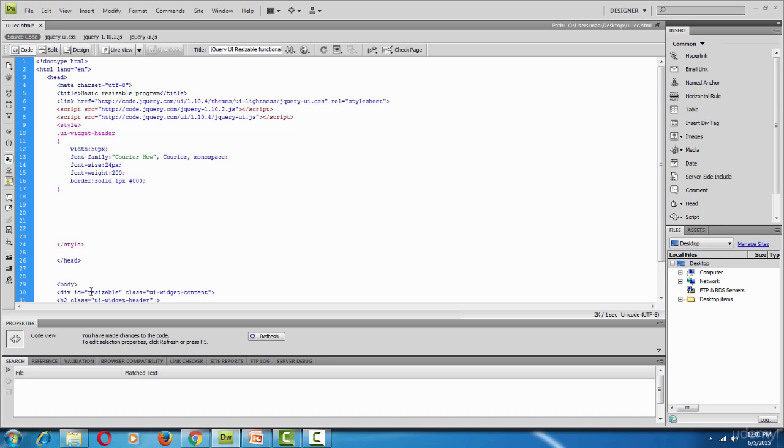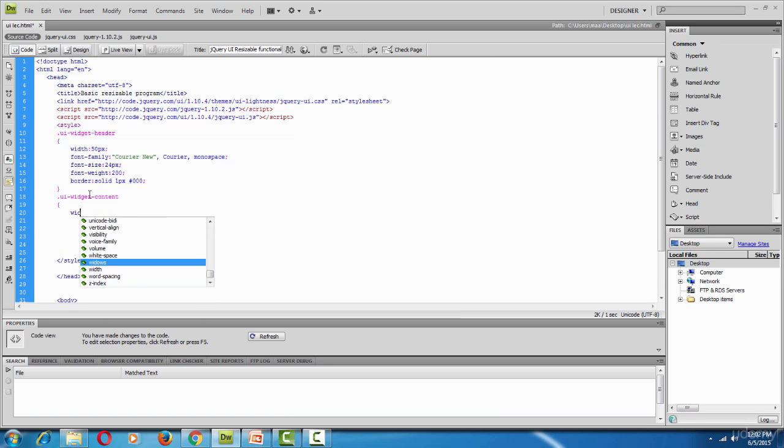Since there is id2, we can use the id as resizable, and we can use a class. So we can use the class or id both. So in this way I am using dot UI widget and content, in this way. Now again I am taking width 90 pixel,